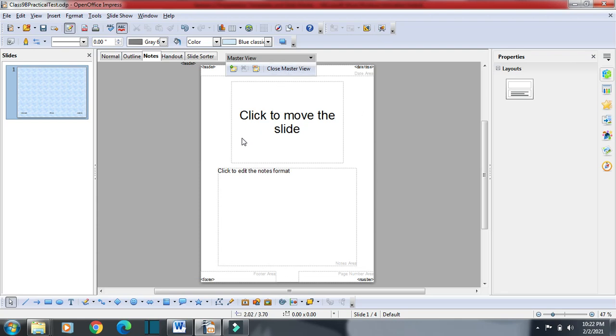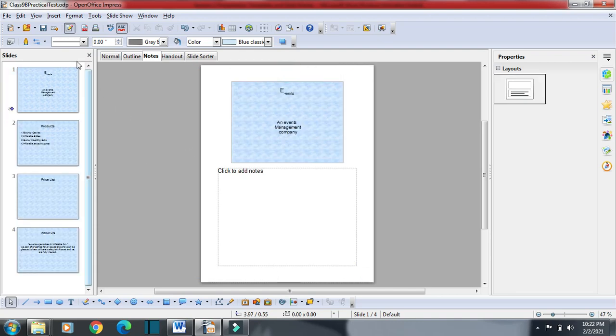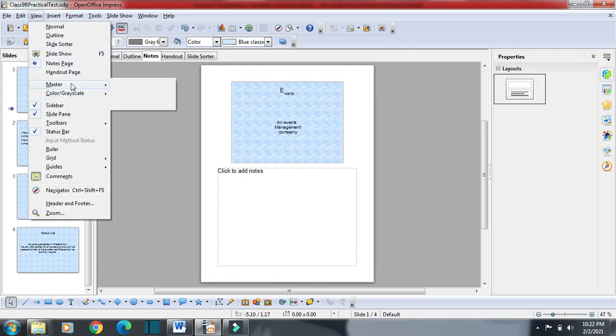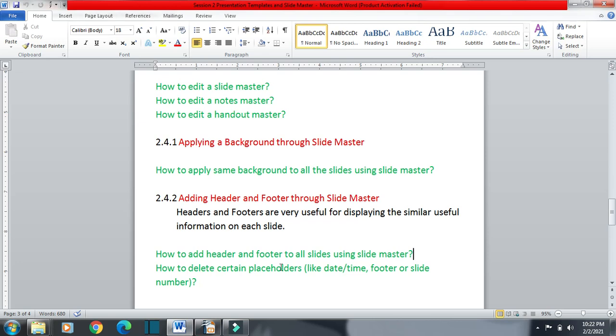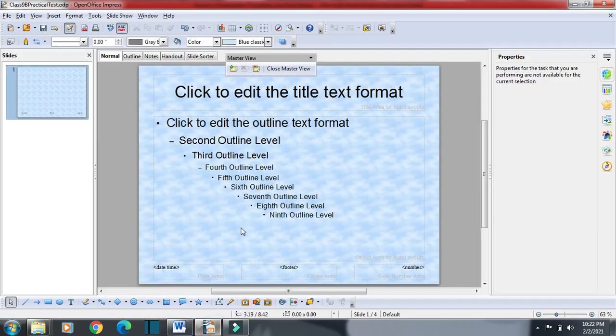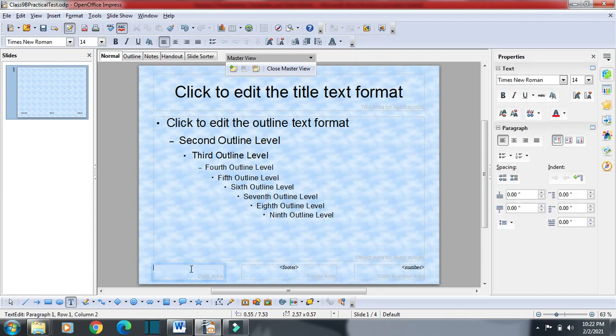Okay, now we are going to open slide master. This is our slide master, and now the question is, how can we add header or footer to all the slides using slide master? So we are right now in slide master, and from here suppose I am giving date 2/2/2021.